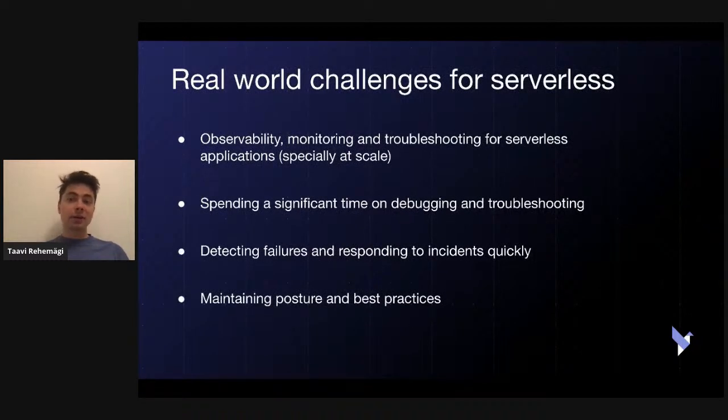Just to recap, I didn't mean to go into too much detail here, but now let's jump into the real world and how that translates back into actual customers using serverless. So there are 4 bigger challenges that we face when talking to our customers. And if you think about it, those challenges really well align with well-architected practices. And if you are following those practices, then you should also basically have solved those challenges.